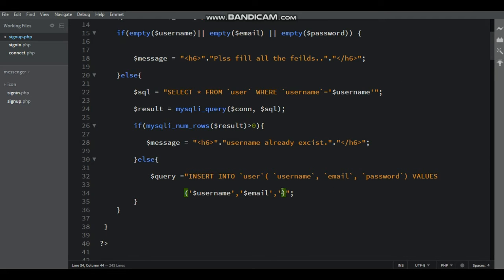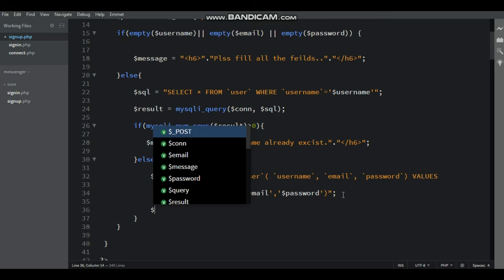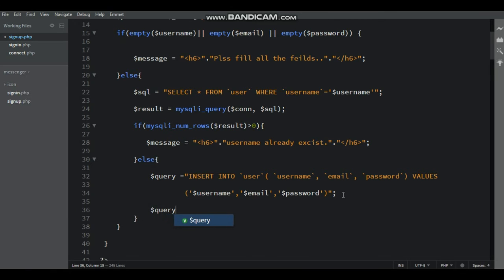Here inserted into user value, username, email and then lastly password, and then connect to the database. Here write $query_result equal to